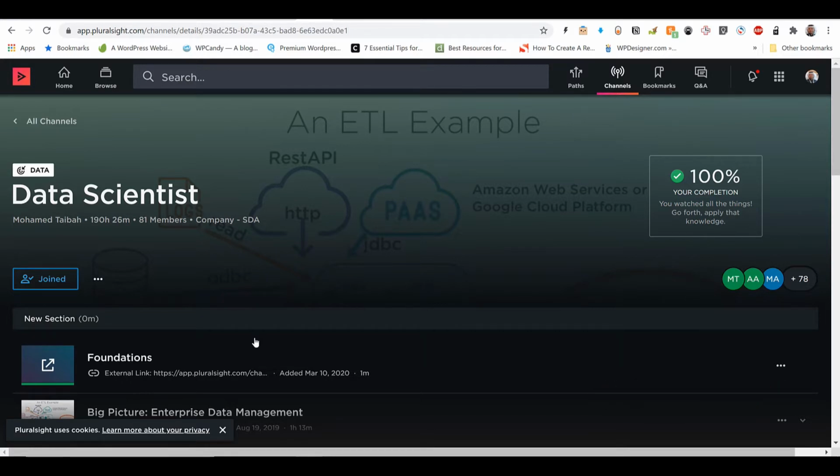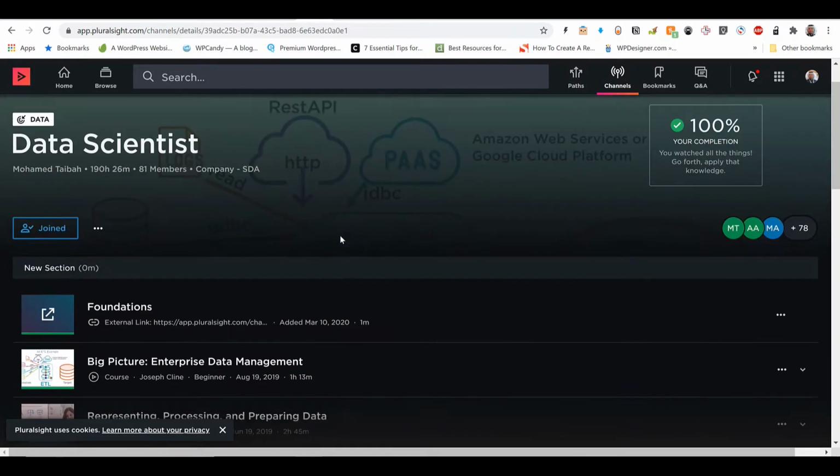The second perspective I'm going to take is as an intermediate to advanced data scientist and machine learning practitioner: are the courses from PluralSight going to help me or not? Now let's start. Whenever I say path, we have something called a path. We'll get to that, but before that,